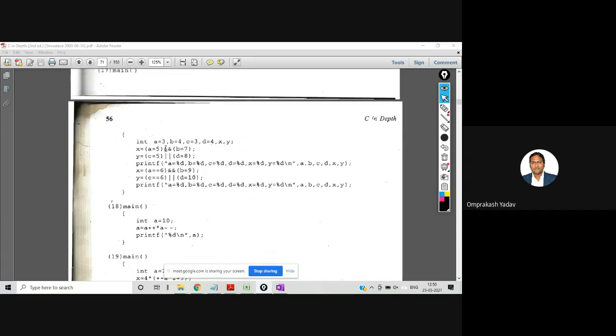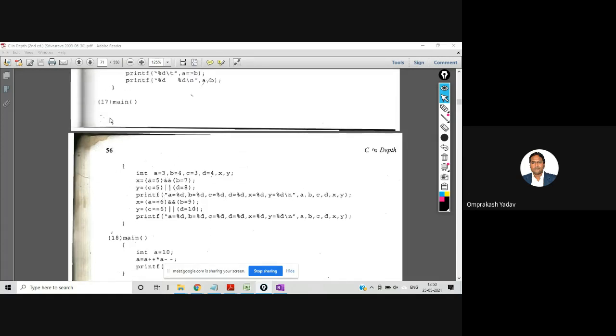Write this question. This is the main, and the question is given like this. We'll have to write the output. The question is: write the output for the following program, and the program is given. So note down this particular program and we'll try to solve it. Note down this program first, write on a new page and leave the space, and in a similar way we'll see one more problem. Before this problem we'll solve that one first. So just note down this particular problem.